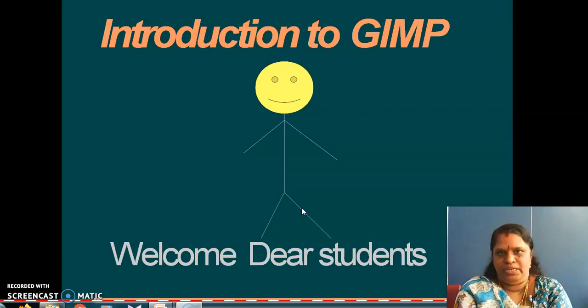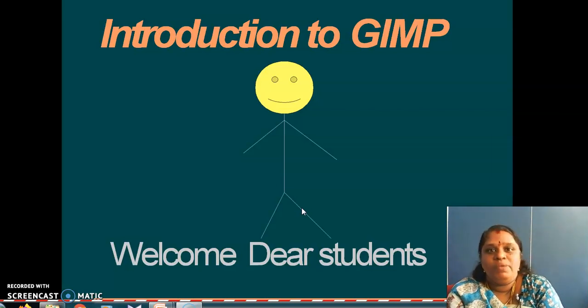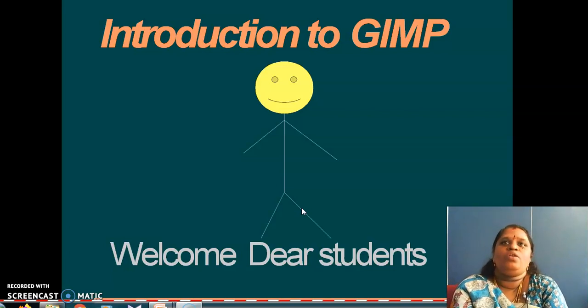GIMP. Okay, so last year you learned about the input and the install. It is a little bit different from that. This GIMP software is for image editing. It is like Adobe Photoshop. So if you want to edit your images, like you want the background to be something you like, you can take a photo in the phone and you can make the background different.